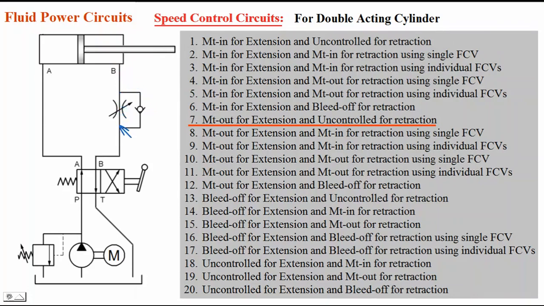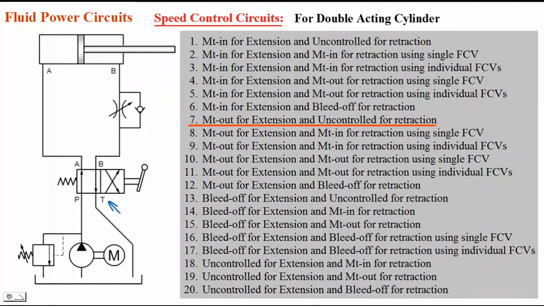The flow is controlled, that's why it is meter out for extension. Okay, this is meter out for extension. And during retraction it is uncontrolled. You see, we will shift the lever to the other position, P to B, A to T connection is made,